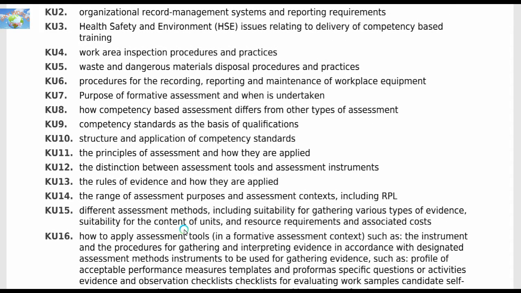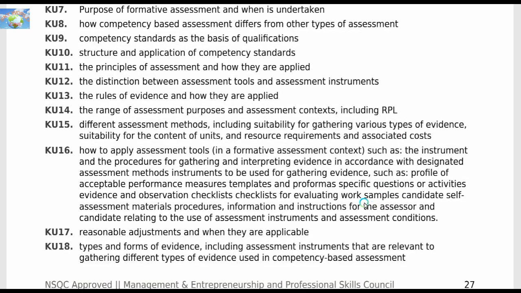The range of assessment purposes and assessment context including RPL. Different assessment methods including suitability for gathering various types of evidence, suitability for the content of units and resource requirements and associated costs. How to apply assessment tools in a formative assessment context such as the instrument and the procedures